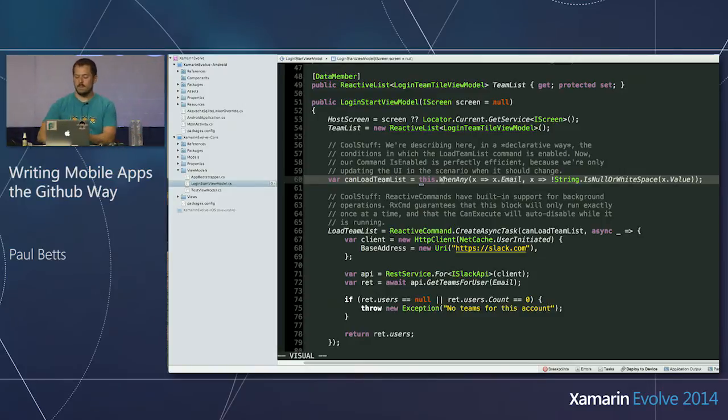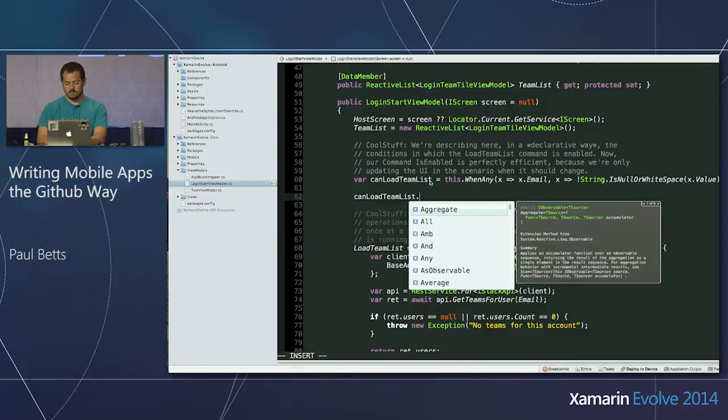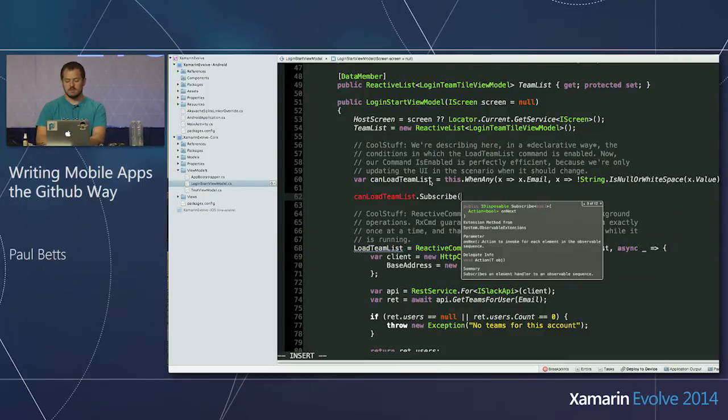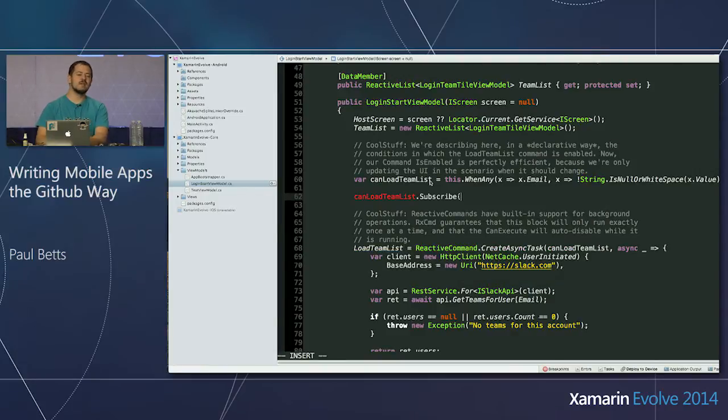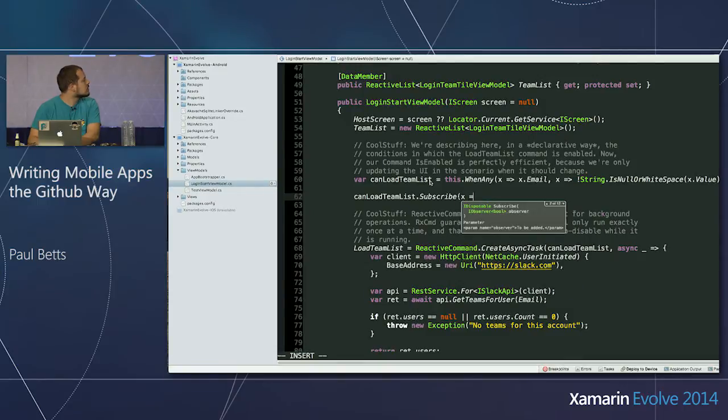So what I can do here, the main type, IObservable, is like an event. An event that you can just assign to a variable, and you can combine with other events. That's really cool. So the main thing we can do is subscribe to it. So we can say x